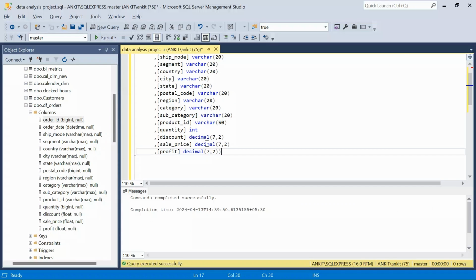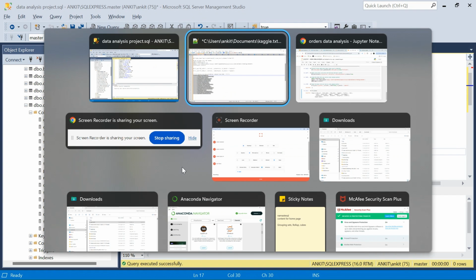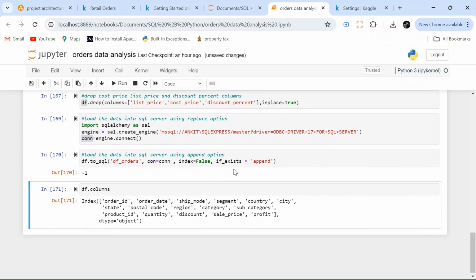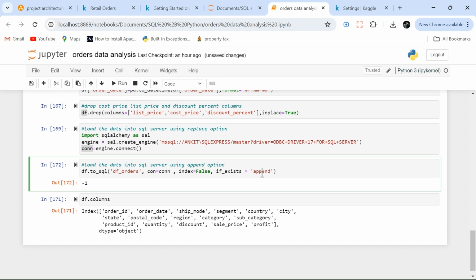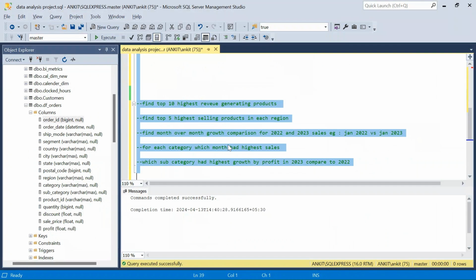So we have created this table now. Command done, empty table created. Now instead of replace, I am saying append, and run this again. Okay, so now it will just load the data. It will not try to create the table because we are saying append. Okay, so if I just remove this,